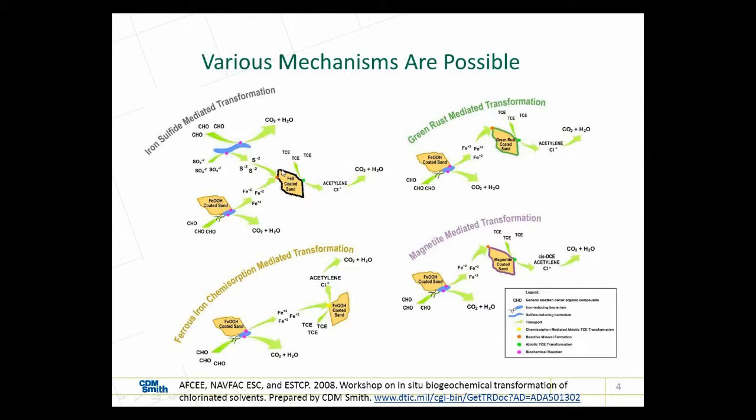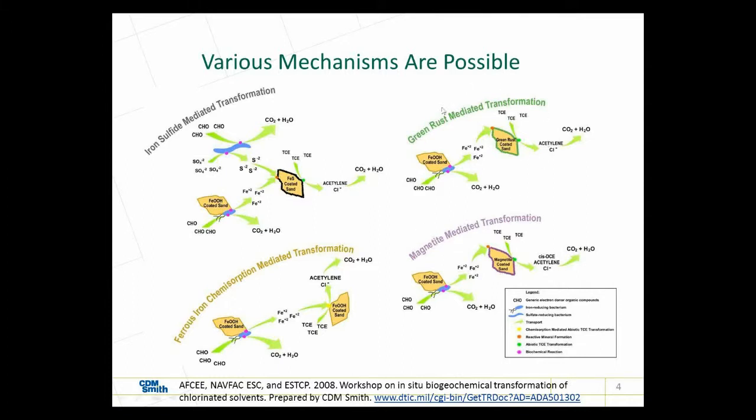And so what's happening here is, rather than the typical biological reductive dechlorination where you're going from TCE to cis-dichloroethene to vinyl chloride to ethene, we aren't accumulating those daughter products in the process, and that's one of the advantages of this. Now, while we're going to talk mostly about iron sulfide mediated transformation today, this isn't the only mechanism for biogeochemical